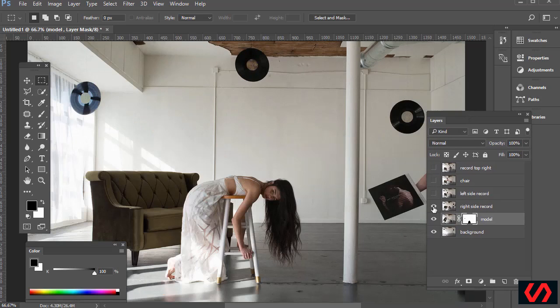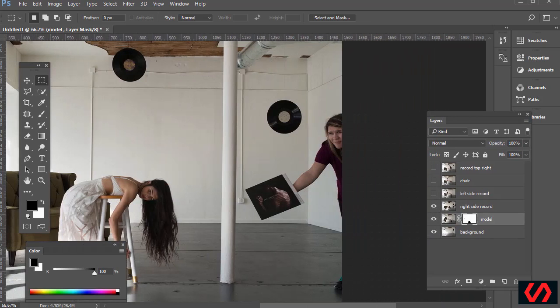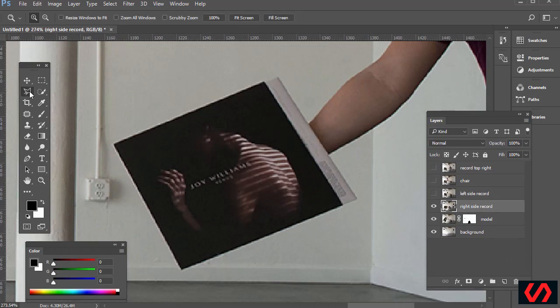This one we called right side record. If you click that, you can see we just want to add that record there. So this one will actually be easy. Just make sure you're on that layer, and we want to zoom in to that specific area there. And this one, polygonal lasso tool. If you want to include that sleeve coming out, you can, whatever that is, or you can just have the actual record